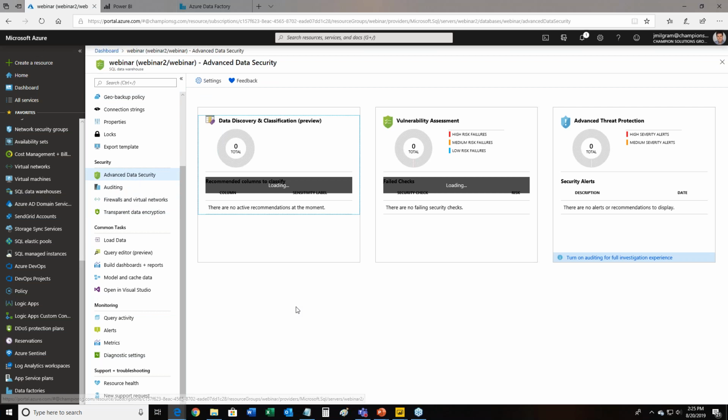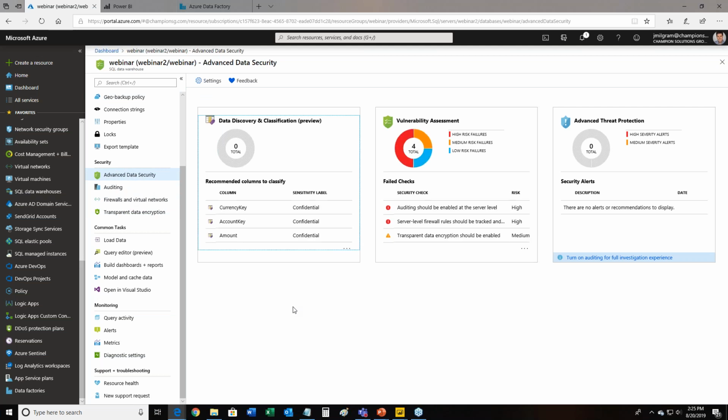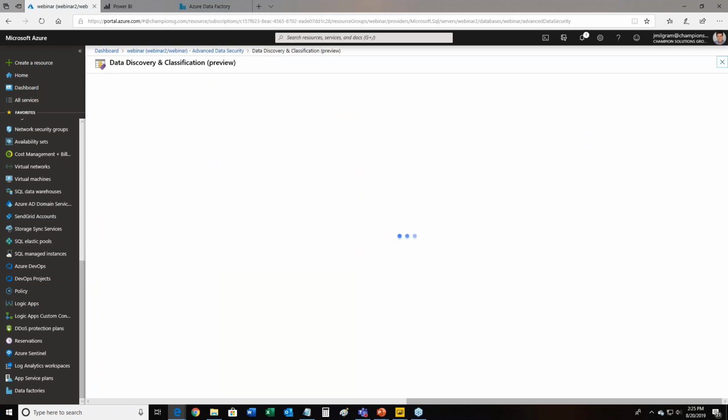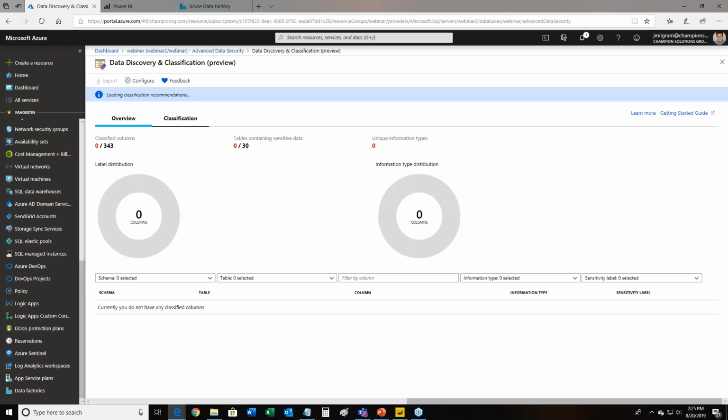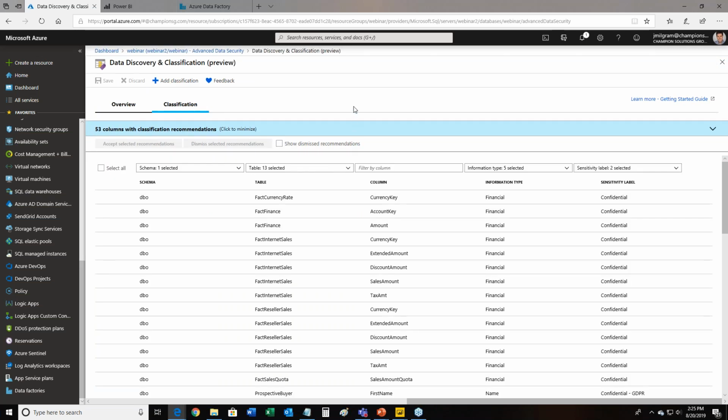SQL, but this is all stuff that's really nice to have. Notice I have this data discovery and classification, vulnerability, and advanced threat protection. Just to give you an idea of the power of these tools, I'm looking at data discovery and classification, and it's saying, hey, this data that you pulled in here, we recommend that these tables and columns, you give it a label of confidential.